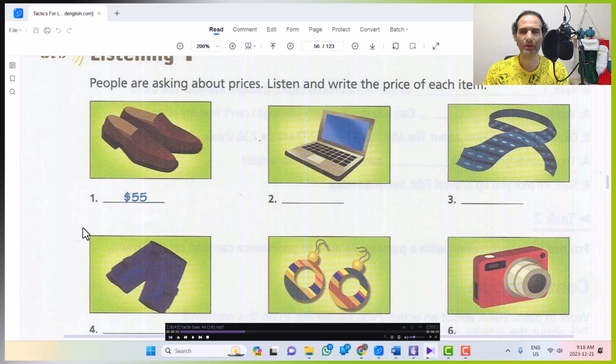Okay, if you want to give me a short summary of that, because we already know the price is $55, please pause the video here and give a short summary. The summary could be something like this. The guy is asking about the price of shoes, and they are $55 and they are on sale, but he is not going to buy them. He is not going to try them on.